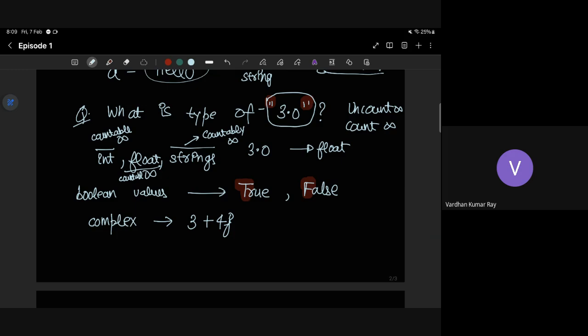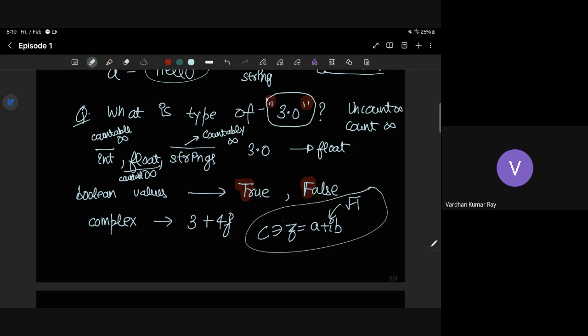Right? So for people who don't know complex numbers, these are just numbers of the form a plus ib, where i is a fixed number, the square root of negative 1. Sorry, not square root of 5. It's square root of 1. So that's how we write it, but in Python, we denote it as 3 plus 4j. So you need to remember, we use j, not i. So that's one thing you need to know.